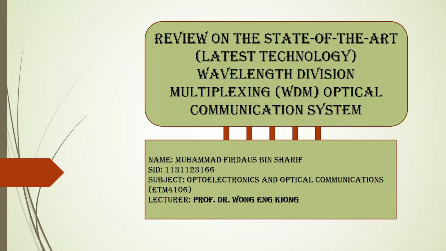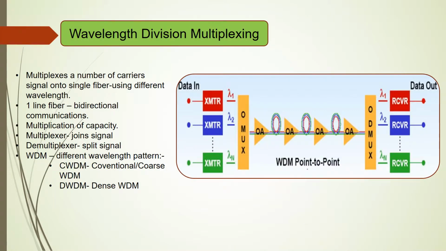And then we proceed to the very basic of the wavelength division multiplexing, where WDM is categorized in the basic block diagram. That is multiplexer and demultiplexer at each end of the fiber, where the multiplexer combines a number of carrier signals onto a single fiber using different wavelengths. And then the wavelength division multiplexing